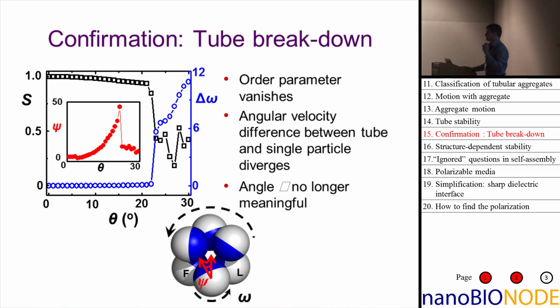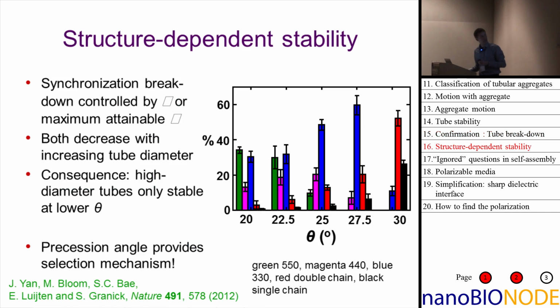So now we see that synchronization, this mathematical topic, completely describes the self-assembly, the structure, and the stability of these structures. And the nice thing is now that we actually can exploit this. If you do self-assembly, this happens in many situations, you end up with many ordered structures. And it is not true that these are all free energy minima. Well, they are local minima. The tricky point is that they are separated by huge free energy barriers. So even if one structure is not the absolute free energy minimum, you will never get out of it and go to the true minimum.